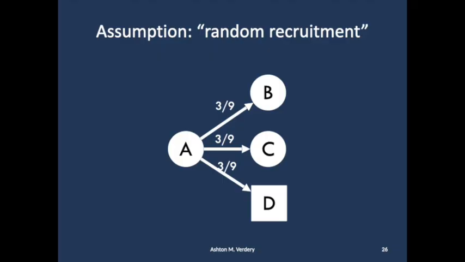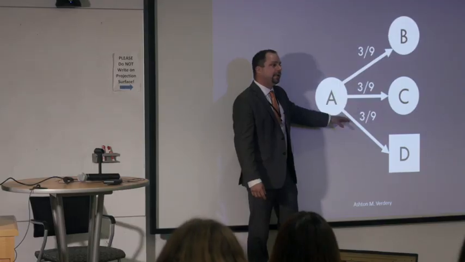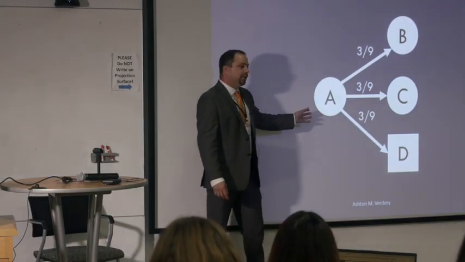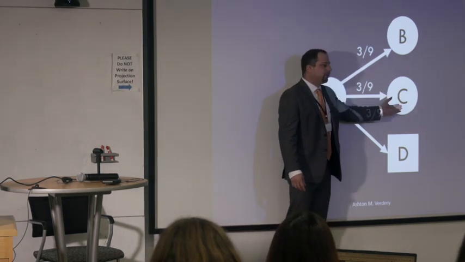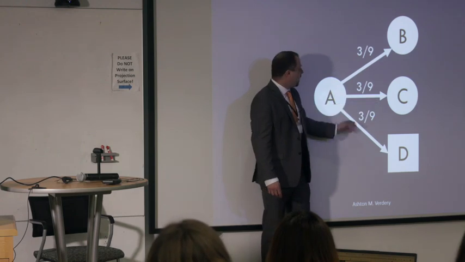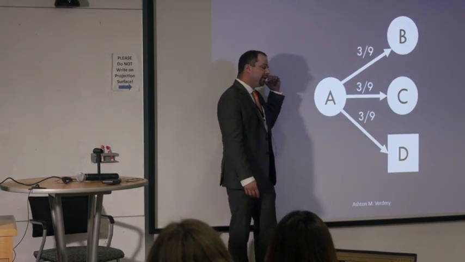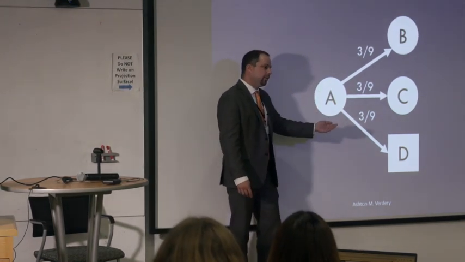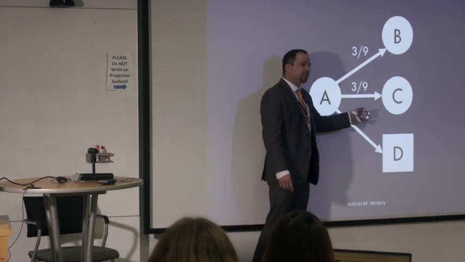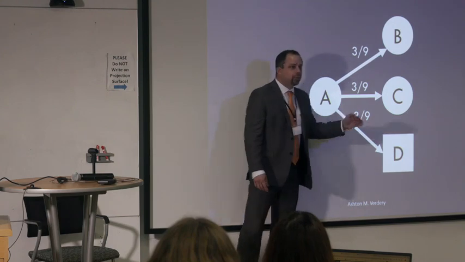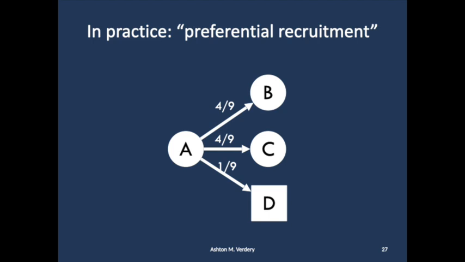I've mentioned a few times this idea that we're conditionally recruiting at random. So this is what's assumed: node A, who knows B, C, and D, who have different attributes, either circles or squares, has equal likelihood of recruiting any of those people. What's important to recognize is that A has a higher likelihood of recruiting a circle, one third plus one third, right? And so, thinking of the graph earlier, if you're a pink node, you might be more likely to recruit a pink node. But within the actual structure of the network, each tie has an equal probability of being sampled.